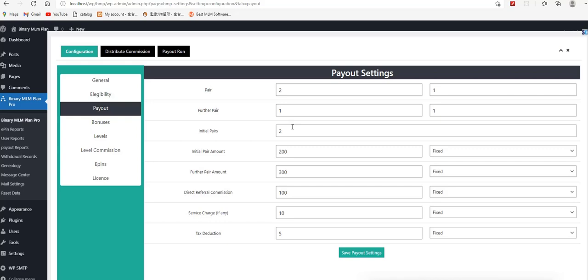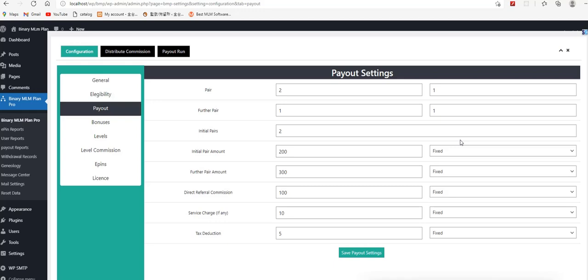That will be considered the pair commission. And we have given the fixed and percentage types. I am considering only fixed right now. You can consider percentage here. Here is the EPIN system, so the amount of the EPIN system will be considered for the percentage.